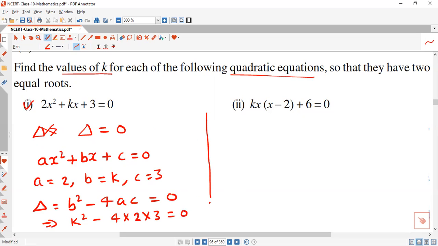Implies that what? k square minus 4 2's are 8, 8 3's are 24, equal to 0. k square equal to 24. Now taking the square root on both sides, we get k equal to square root of 24 with the plus minus sign,